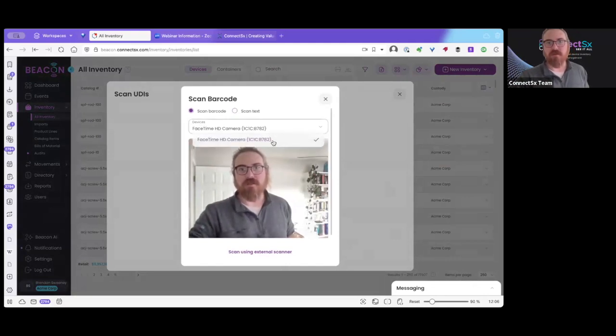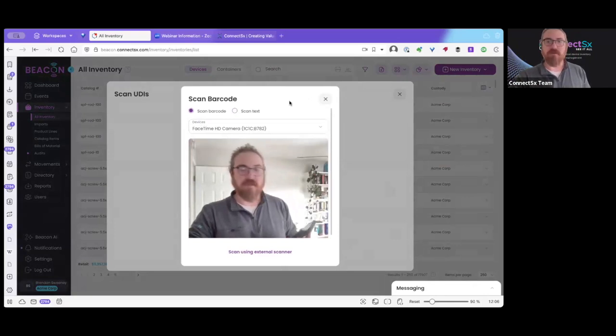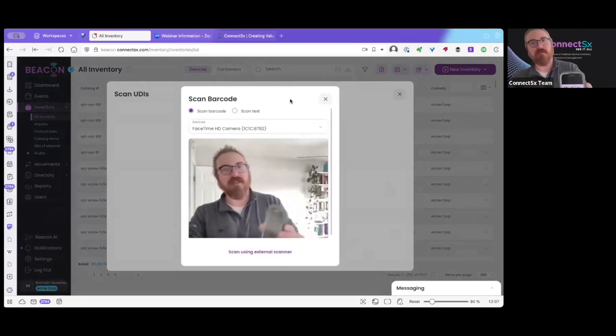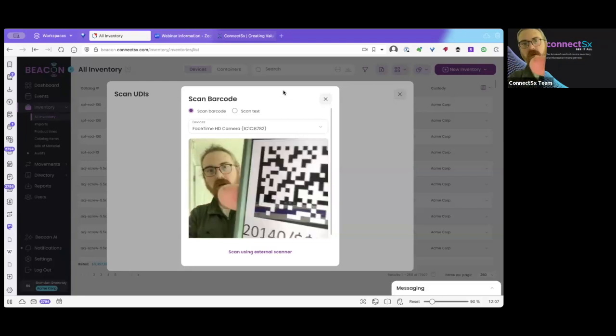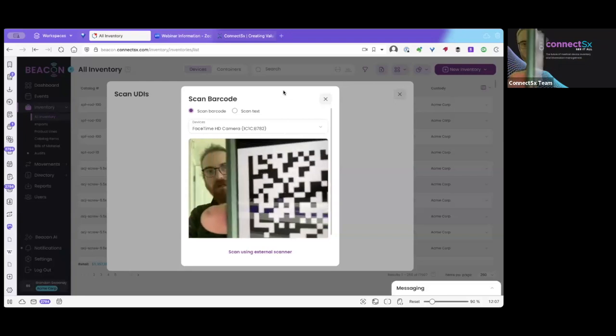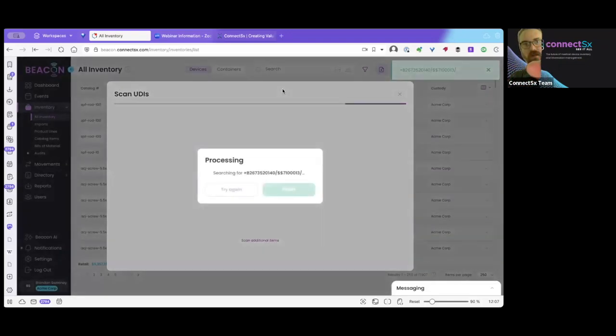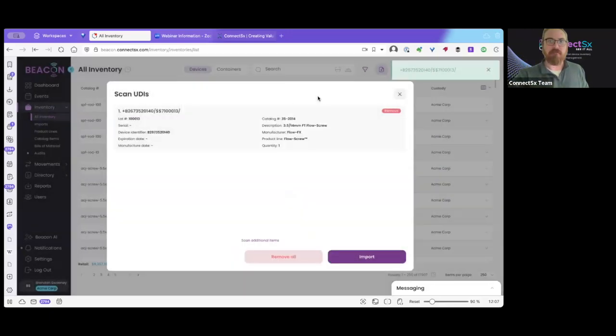And you can switch your device if you have an external scanner. But I'm just going to use the camera here on my computer. And you'll have to bear with me. Sometimes scanning a phone doesn't work as well as scanning an actual device, but you can scan your barcode. Just get it to recognize my phone screen. There we go. Okay, so it scanned my UDI barcode,